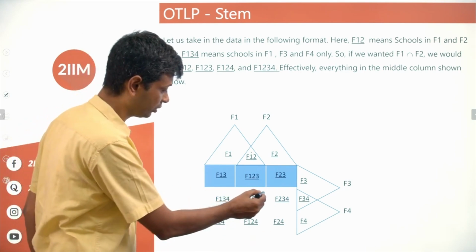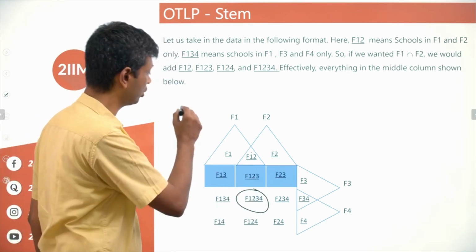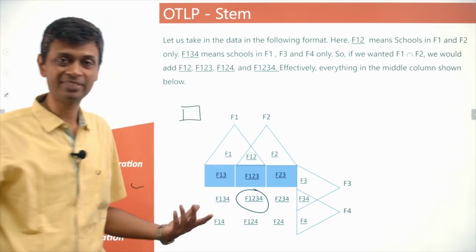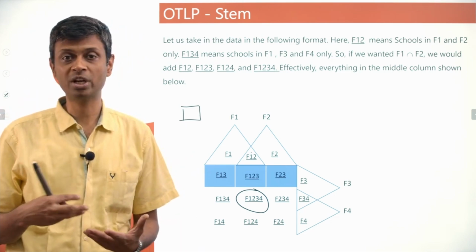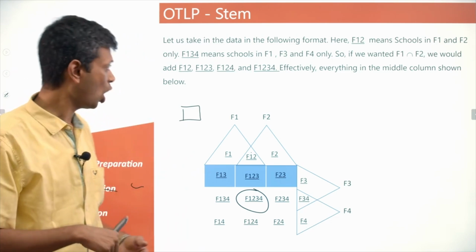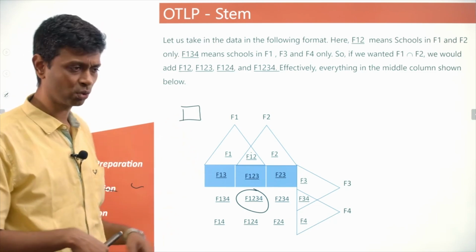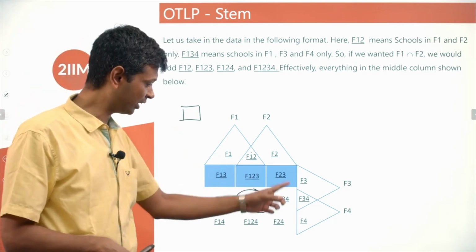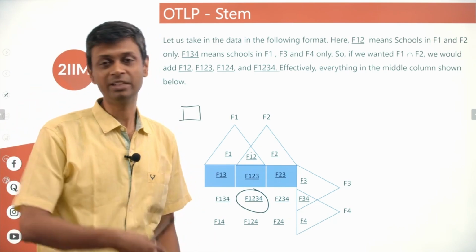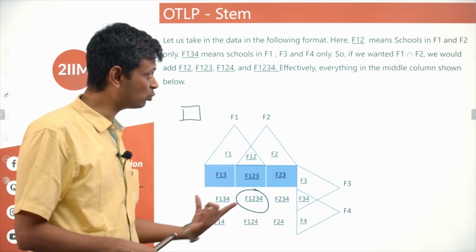So this number is the intersection of everything. Outside this whole framework would be none of these, the schools which have none of these facilities. And so out of the 600, some 80 are sitting outside. Each of these regions' numbers can then be populated, filled in. And then we can try to simplify this. Now, this is the framework you're using.